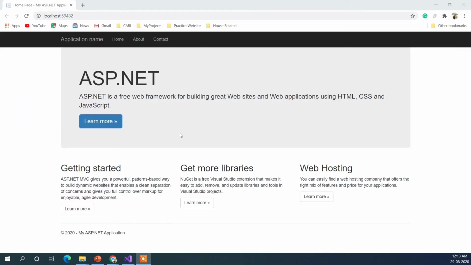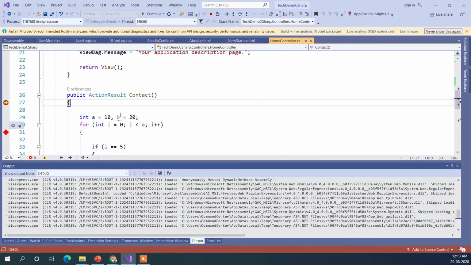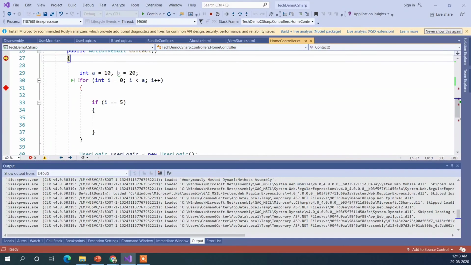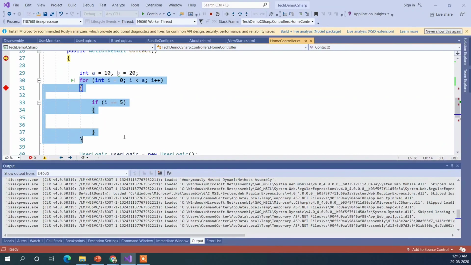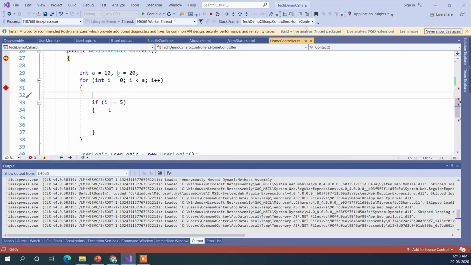So the last topic we have is tracing. Tracing is a way of outputting your information inside the output window. As you can see, it is a for loop, and many times when we do programming, there are different types of value changes, and we need to keep track of how values are changing. In order to have that, either we use something like console.writeline, but